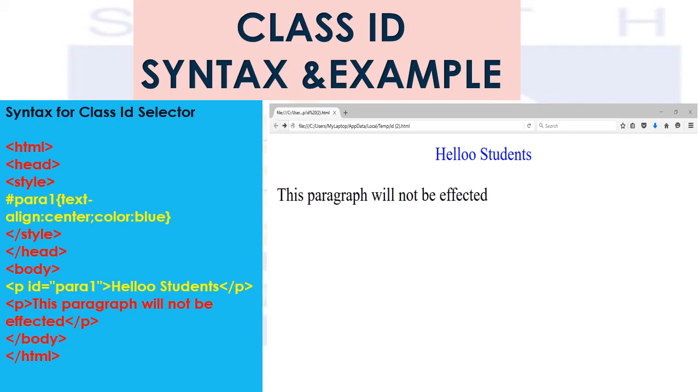You should know how to write down this particular program without looking, using the CSS, because when we'll be doing the practicals, we will be doing them with the help of CSS only. Okay, let us move ahead to the next topic now.